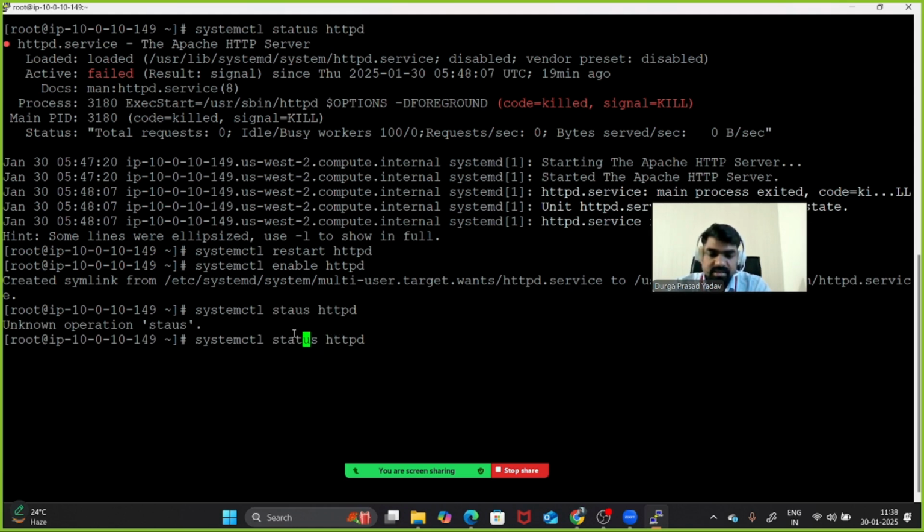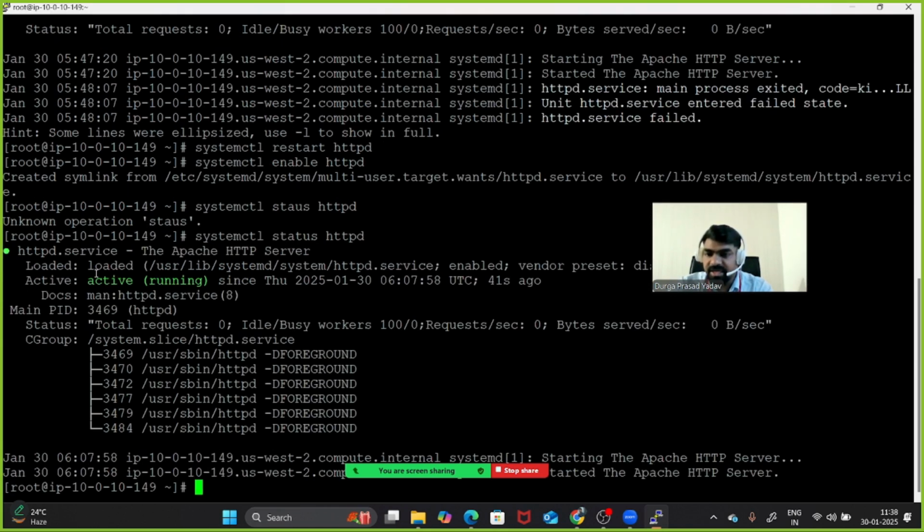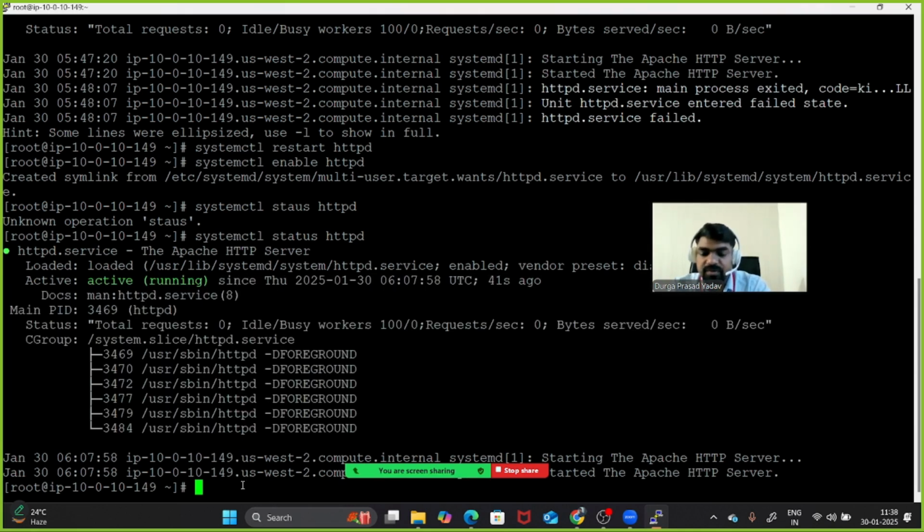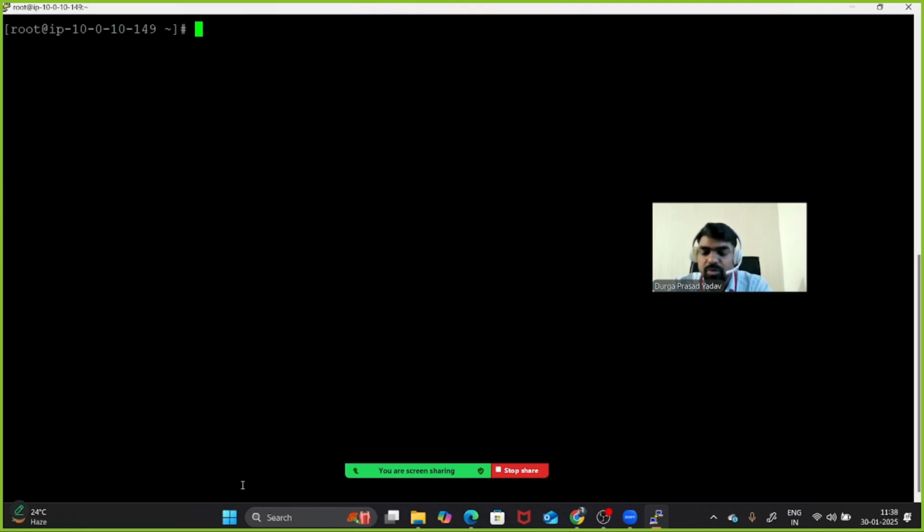Status. Yeah, status. So it is active and running. It means that if your Apache is running, and you go back to this directory, cd /var/www/html, and if you create any text file here, let's say nano